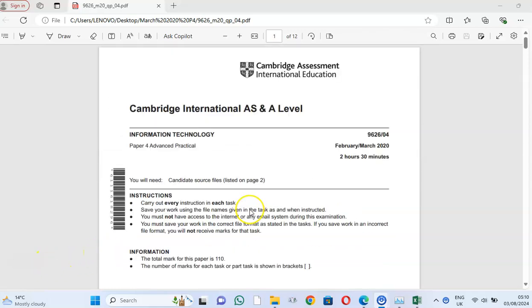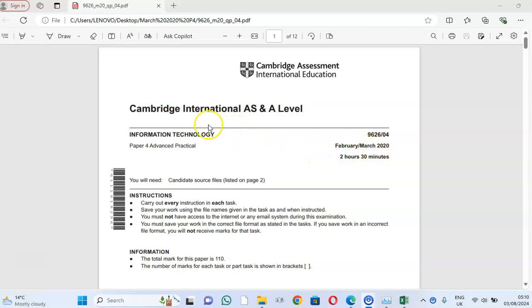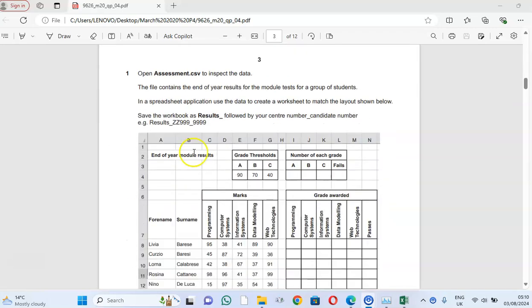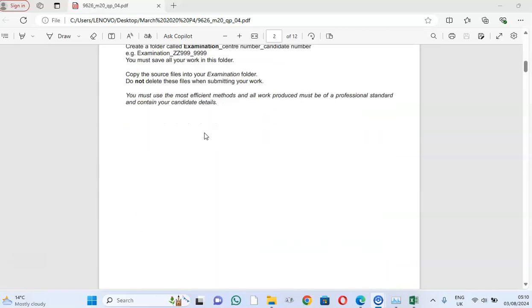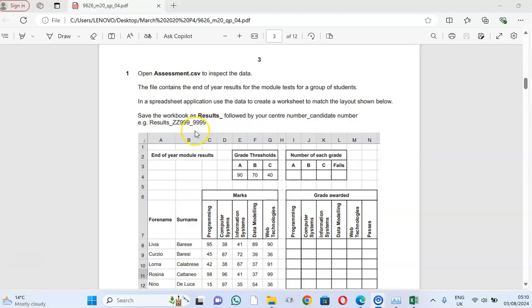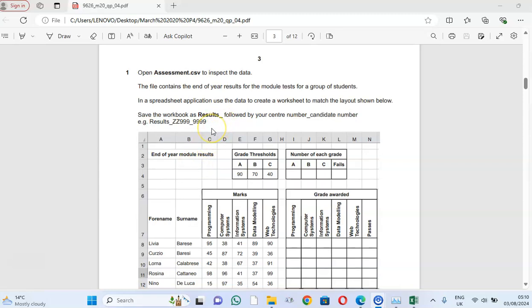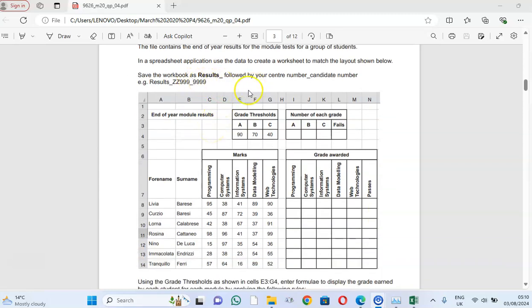Today's task is to look at the March 22 paper, ASA level information technology, sub 4. So we are looking at the task, which is the first task. We are told we need to open the assessment.csv file. So that's the file that we need to work with, and we also needed to